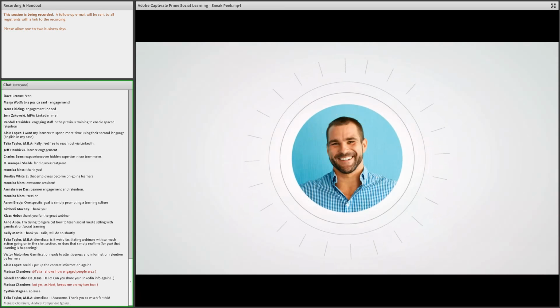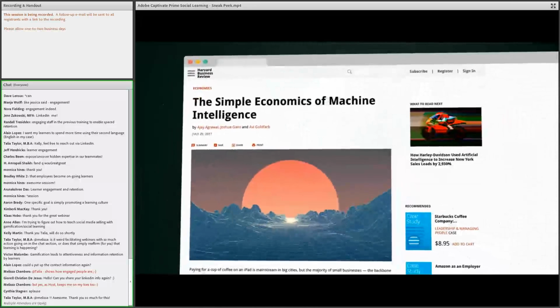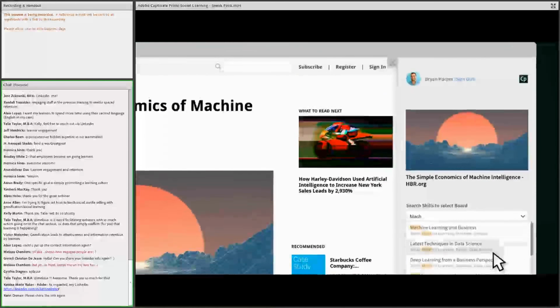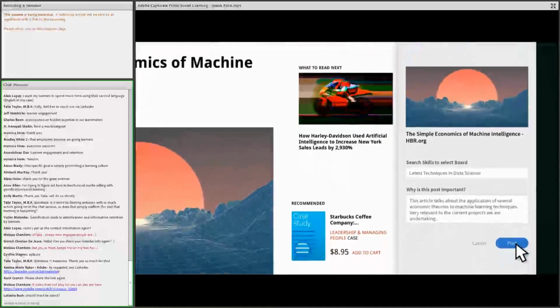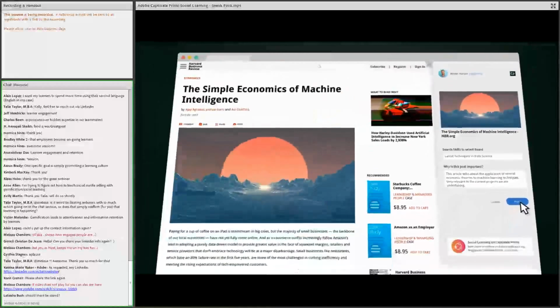Brian is a member of the Cloud Tech team at Quest Technologies Company. He finds an interesting online article on machine learning that he'd like to share with his colleagues. He tags the relevant skill, machine learning, and then posts the article to a pre-existing board under that skill. He also adds intelligence about the article.